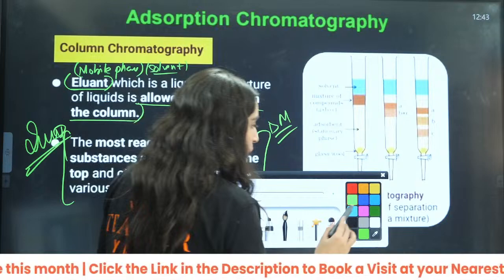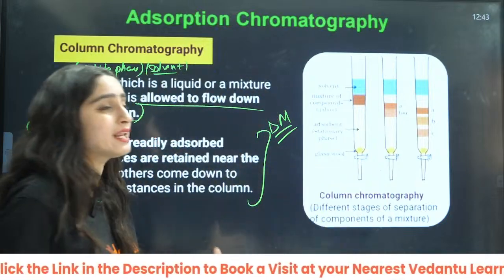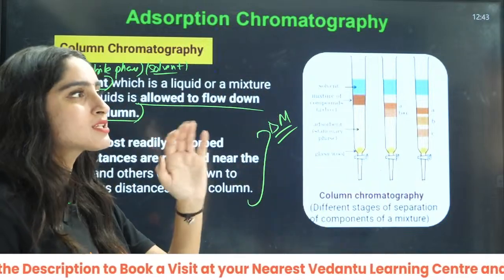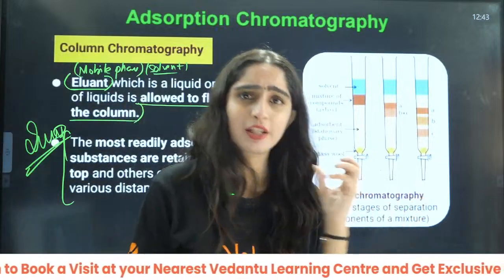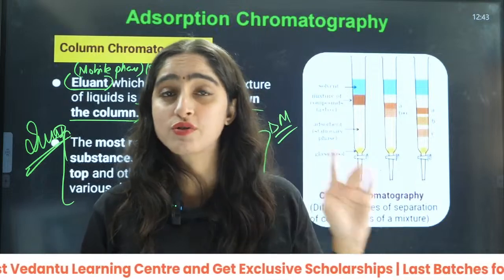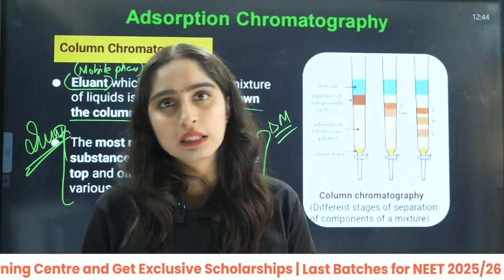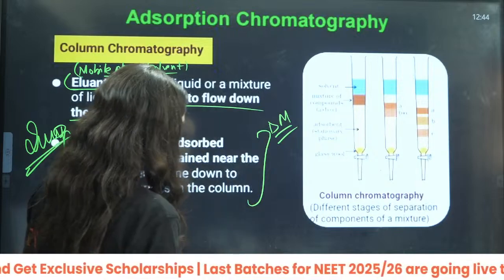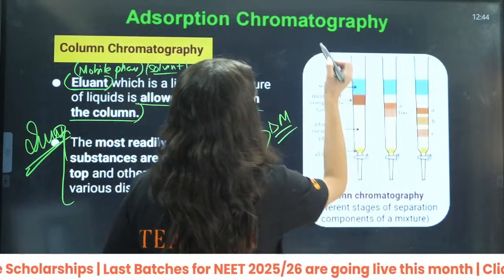That means the one which is readily absorbed will be, beta, just remember one thing, the one that is readily absorbed will always be near to the solvent. This will be applicable in all the chromatographies, right? You don't need to remember this thing, just remember